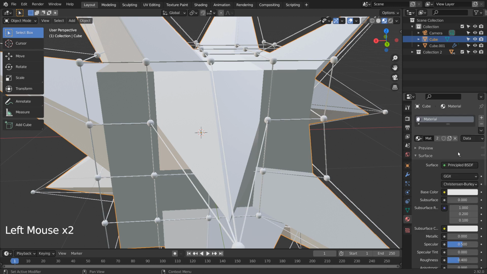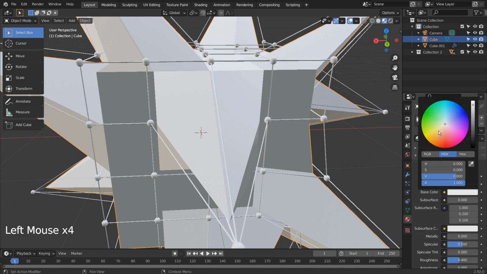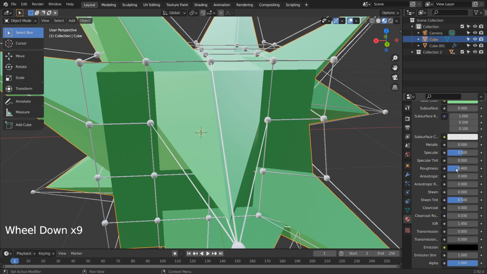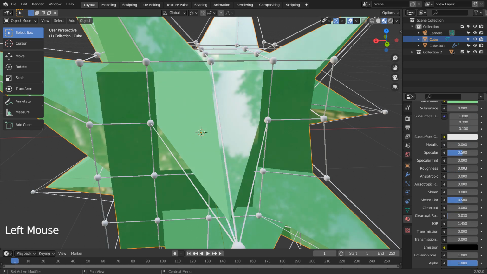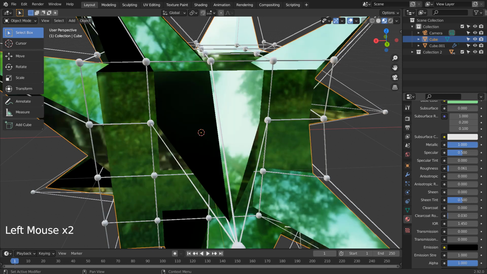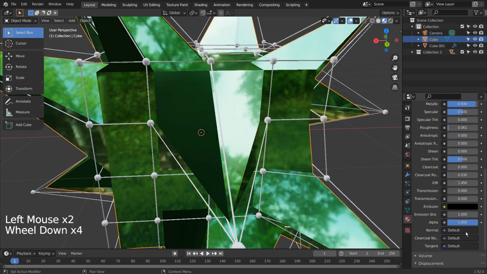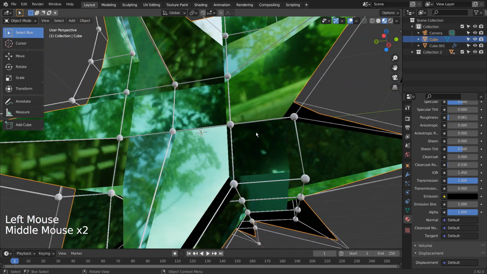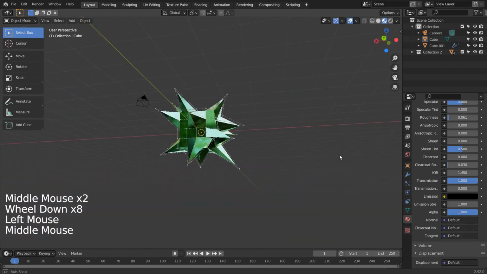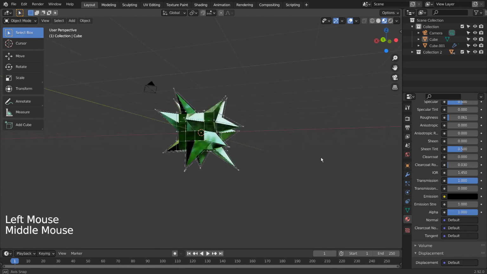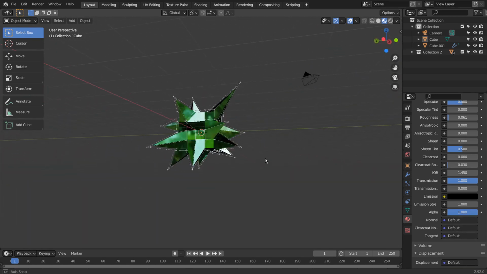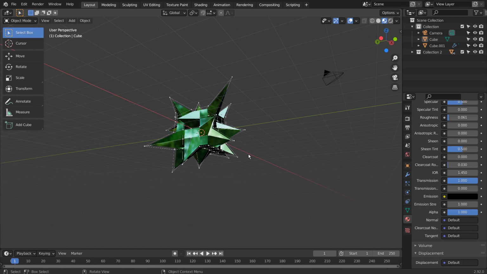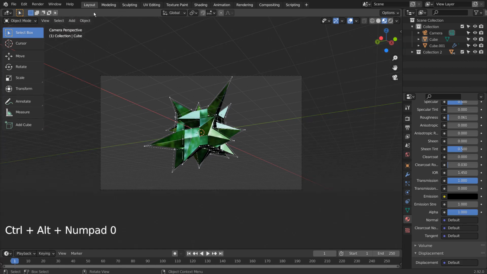Let's add the materials. I'll change the theme, so I can see better.